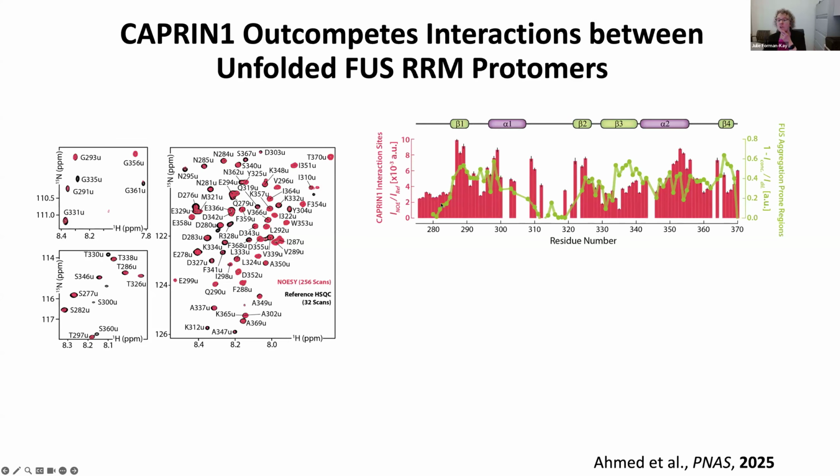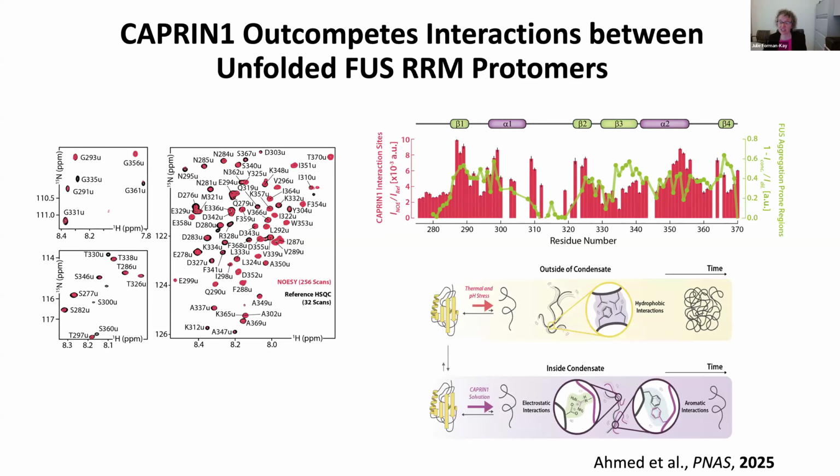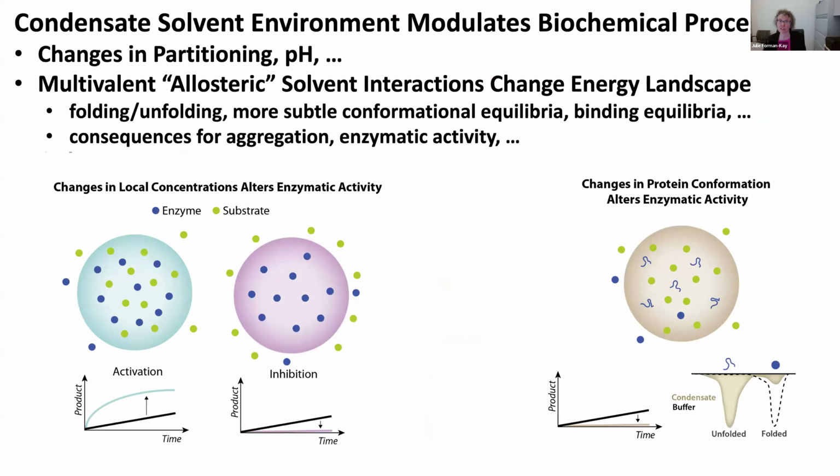state here, what you see is that it overlaps, not perfectly, but intriguingly, with the profile of the aggregation prone regions that I showed in the previous slide. And so the suggestion is, in the absence of a Capron condensate, the unfolded state of the RRM leads to interactions that drive aggregation, but in a condensate state, the Capron interactions can then outcompete and actually act as a solvent. So I just wanted to then conclude